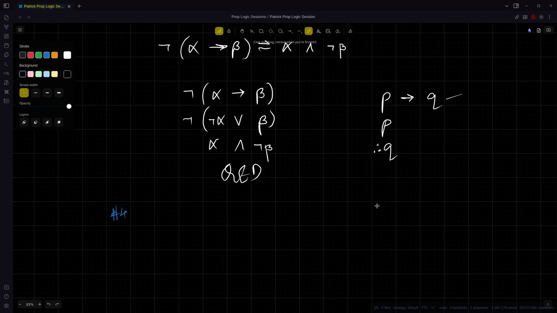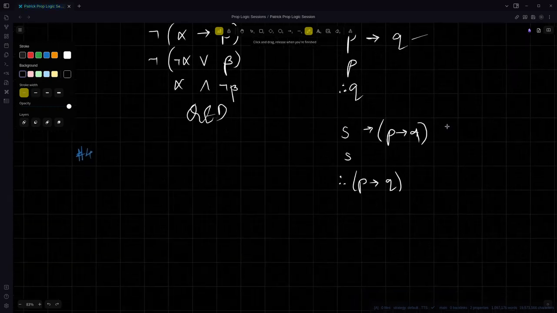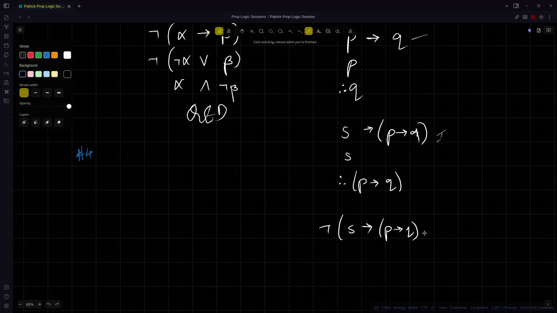Then you can say, okay, here's an argument: S implies P implies Q, S, therefore P implies Q. So let's say I asked, what's the argument for this? You can say, okay, not S implies P implies Q implies S